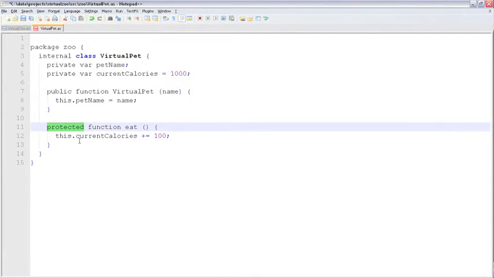And then finally, the most restrictive again is private. And so once again, this is saying when a method is private, like this eat method,